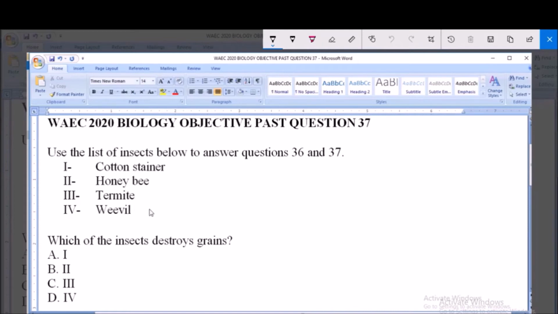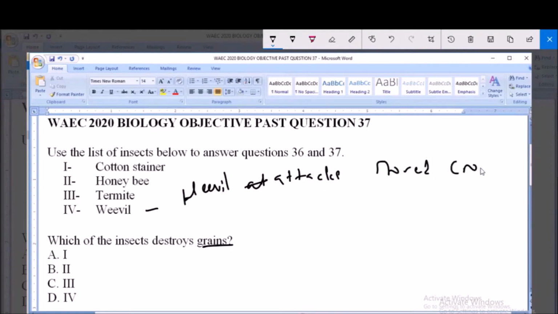Now, among these 4 insects, the one known to destroy grains is the weevil. Now, the weevil attacks stored crops, and in this case, it is seeds of crops, that is the grain. And examples of these crops attacked by weevils include rice,